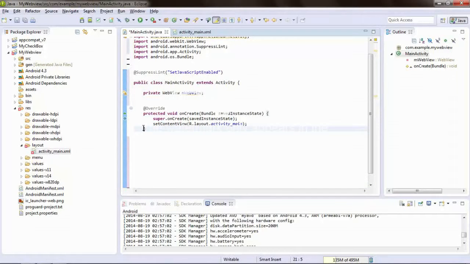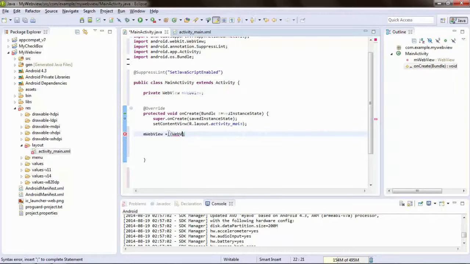After that, we will code now the function of the web view. First, the name of our web view, which is mWebView here. Then we will call our web view in our XML by typing this code.